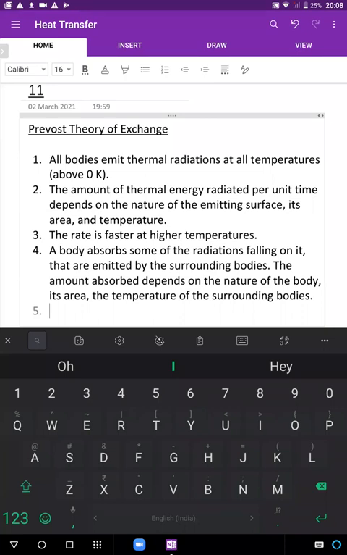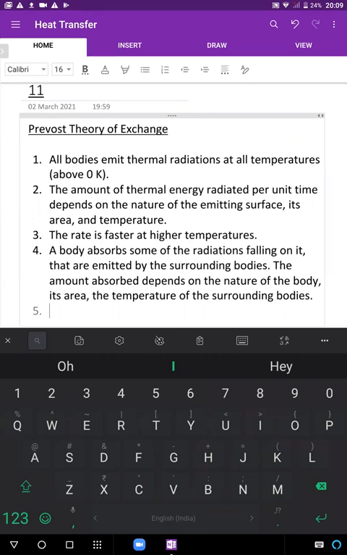Explaining point 4, bodies will absorb radiations from the surrounding bodies. So around any particular object, there may be other objects. They are emitting heat. So this particular object is going to absorb radiations from them. How much does it absorb? What all factors does that depend on? First, it depends on the nature of the absorbing body. If it is black, in simple words, it will absorb a little more, and a white one will absorb less, right? So it depends on the nature, the material of the surface.